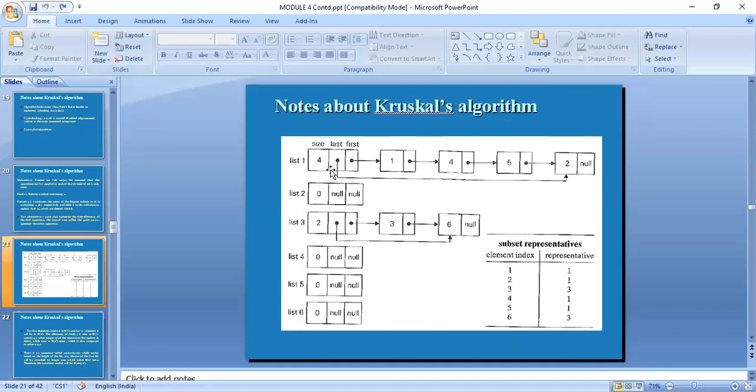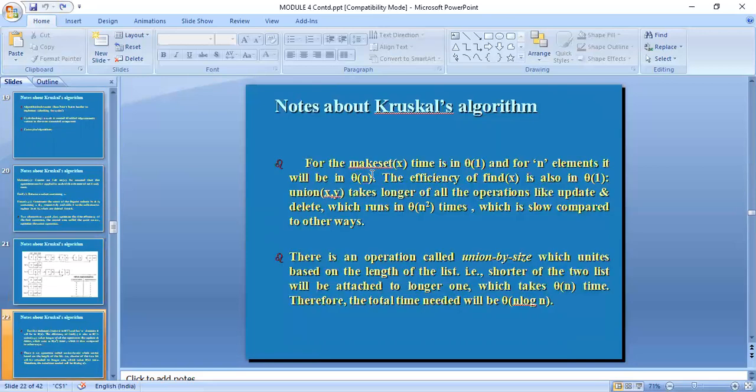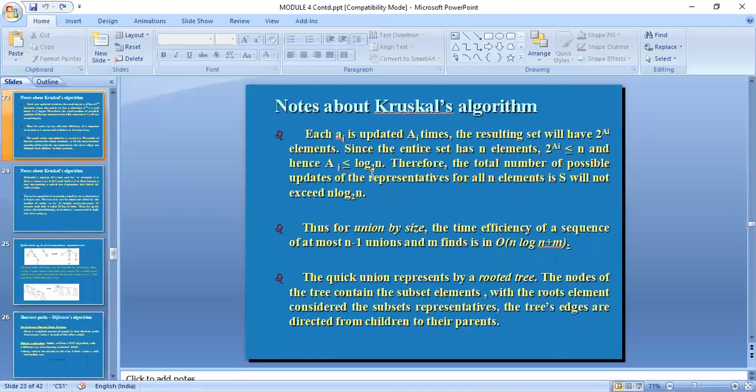Now here also, if you want to join trees, at the end the different trees will be joined to form a single tree structure. If you want to join them, you see which one has more nodes, and based on that you connect them. But suppose both have 3 and 3 nodes, then you go according to the order. So this is union by size, where you know the time taken.